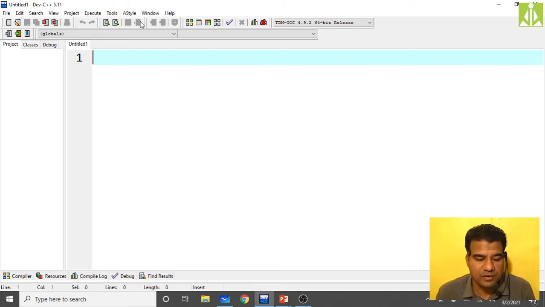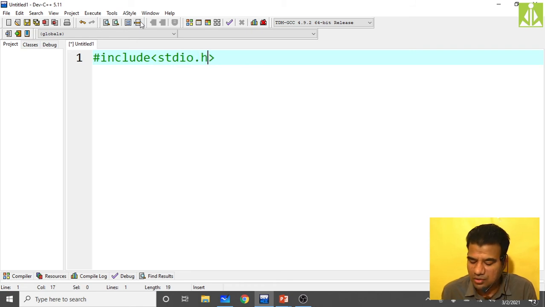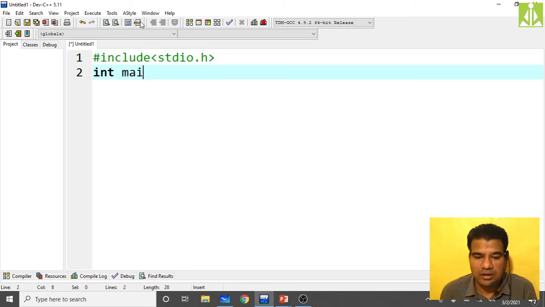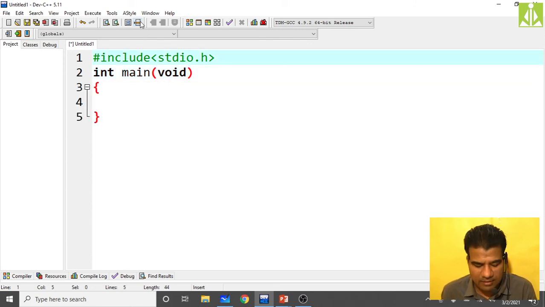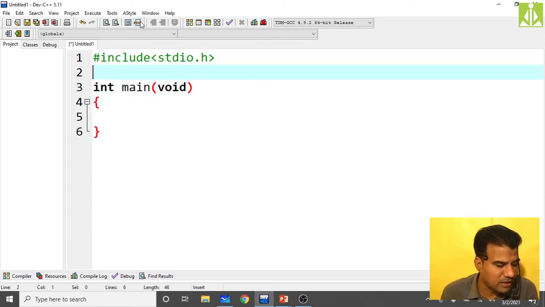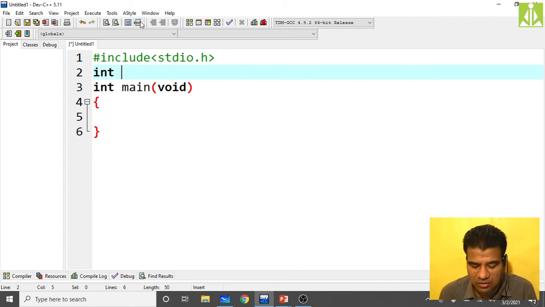So yes, write #include <stdio.h>, int main(void). In this I'm going to use one function, that is binary search, which will return the index value.